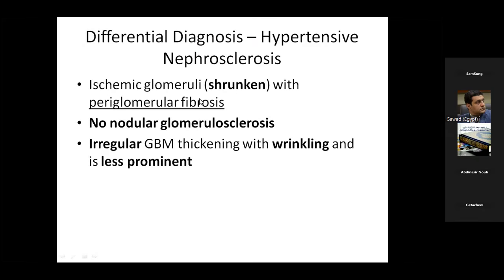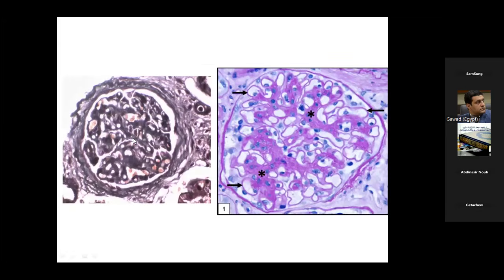With time, the glomeruli with hypertensive nephrosclerosis could be ischemic with shrunken tufts with periglomerular fibrosis, and it's not a non-specific finding. It could occur as an end stage for many glomerular pathologies, non-nodular glomerulosclerosis, of course, and the glomerular basement membrane here could be thickened as well, but irregular thickening and maybe wrinkling as a part of the ischemia in the glomeruli, and will be less prominent as this glomerulus if we compare it with the first glomerulus that